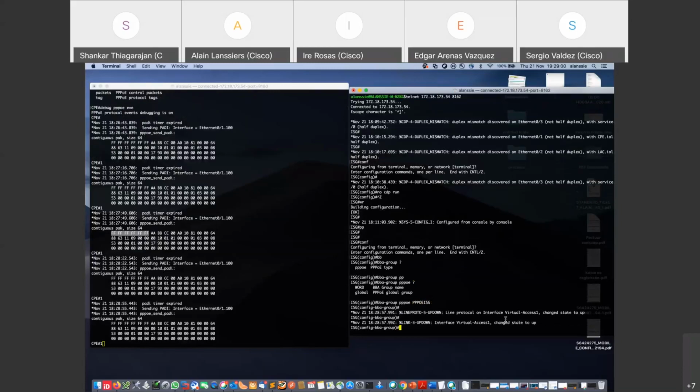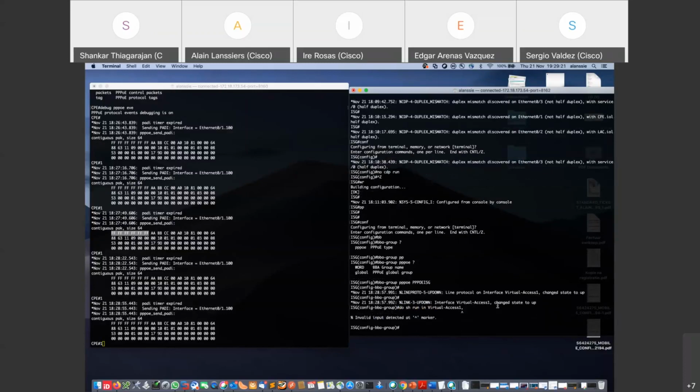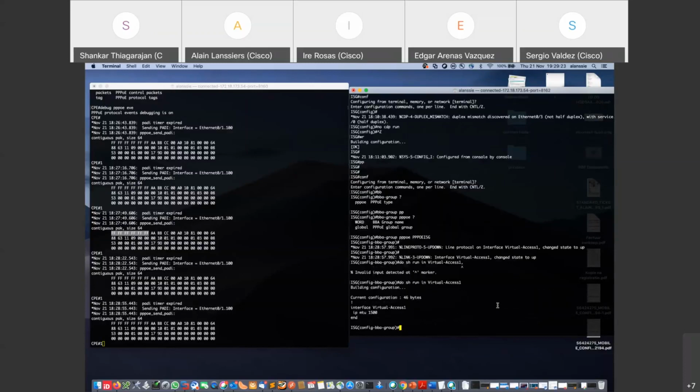So here you can see that there is a virtual access coming up directly, because when we enable the protocol PPPoE inside our BBA group inside that IOS XE, it will create a base interface. So if I do show run interface virtual access 1, there's nothing yet really configured, because actually there will be a base interface. But if I look at the show interface,